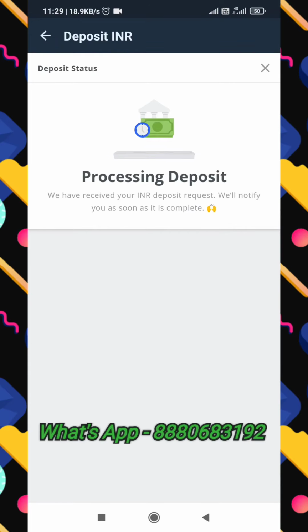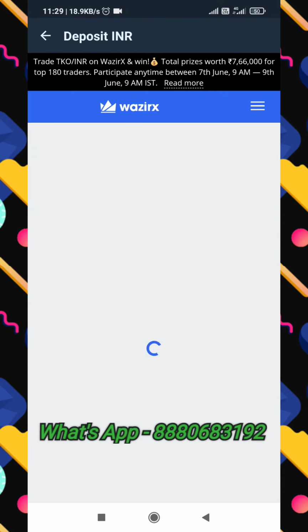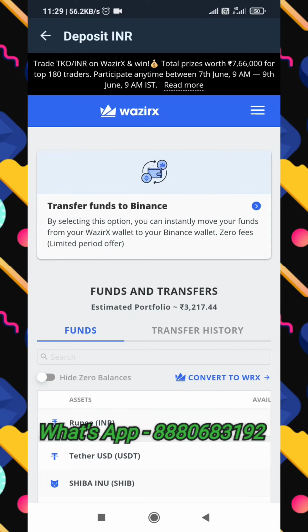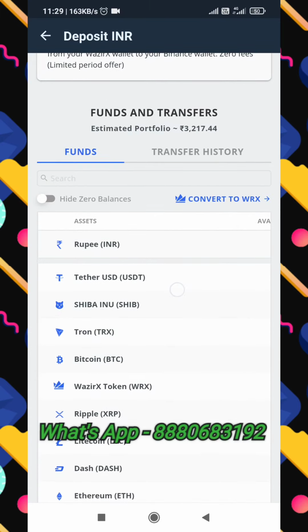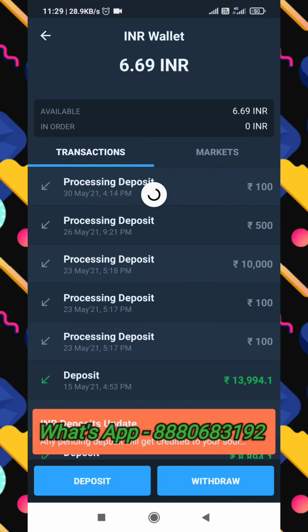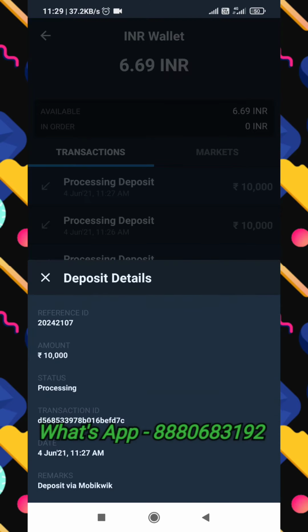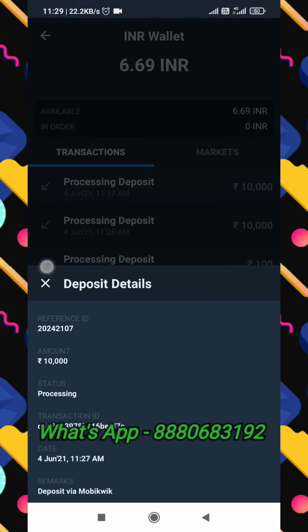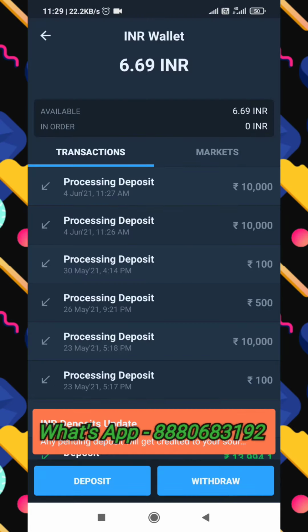So I will be checking now whether I have received funds in WazirX or not. Now it is showing only 3,217 rupees. It is the old amount only. The 10,000 is not credited at all. So again I will show, just go back, see here 6.69 is there, and now I have given the 10,000 rupees request. You can see that 4th June 11:27 AM is there. So I have just requested, meaning I have already paid, but still that fund is not credited in my WazirX